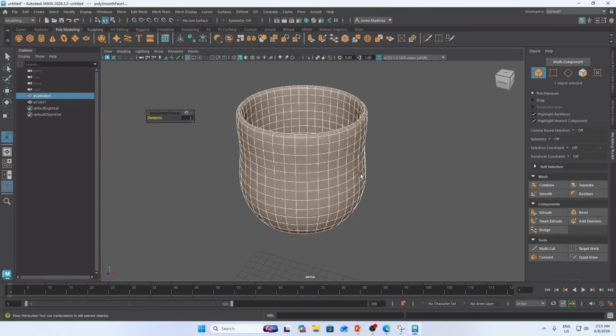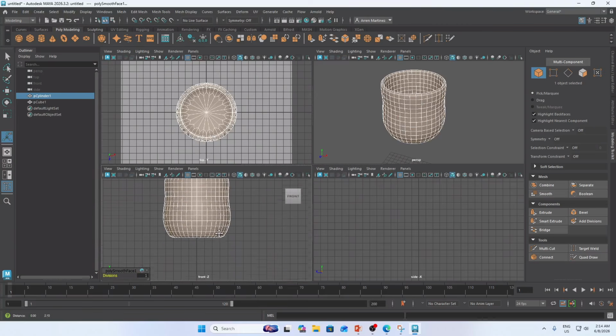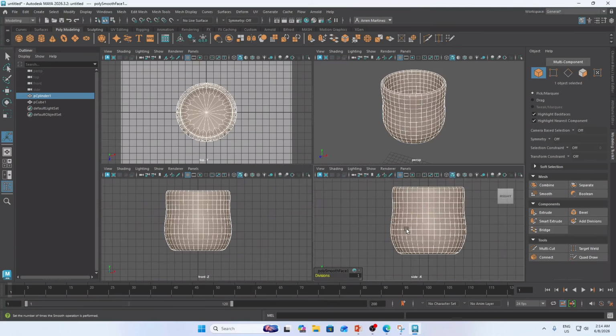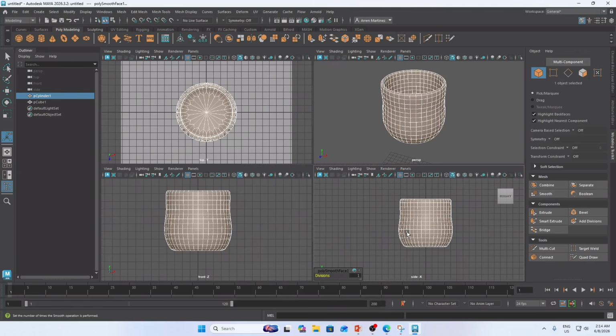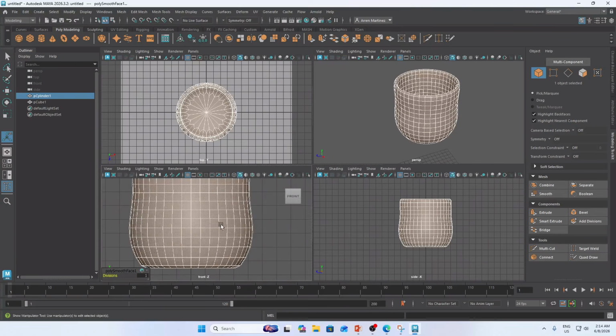Okay, so now for the handle, I will go here into panel layout. You can go in front view, you can go here into side view. The purpose of this panel layout is it's like CCTV. You can see the top view, the front, the side view, or the perspective. This is very important because you can check if some part is modified. So that's the purpose of this one.